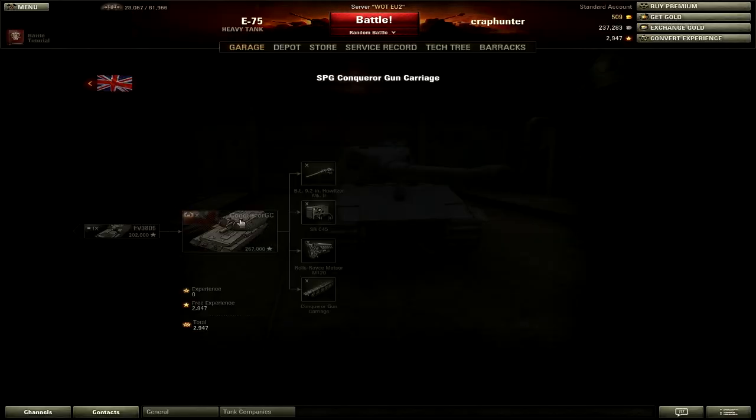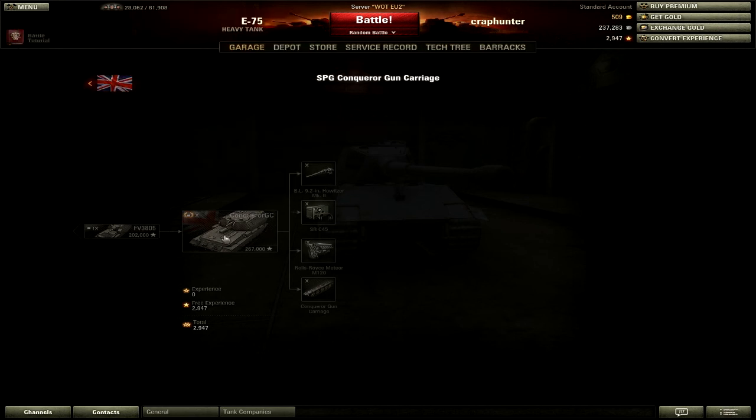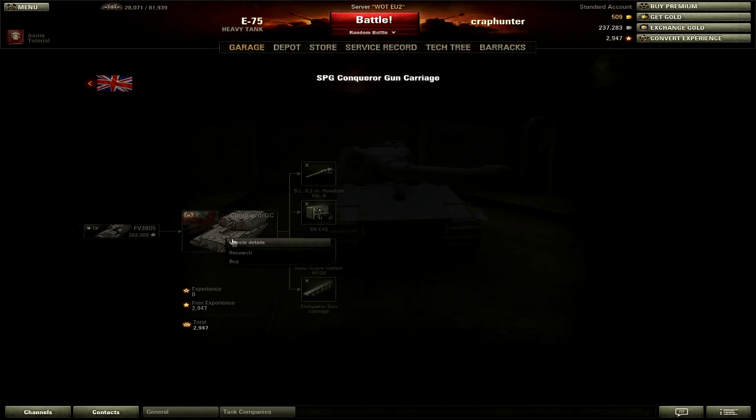Right, this is the last one. And what's your armor on this one? Hello. 152 at the front. Intriguing. I mean, it's not like a big fancy-pantsy one. But at tier 10, most guns, in fact all guns at tier 10 probably will go through that. And if you're very unfortunate and you're in a lower tier, like a tier 6 tank, you may struggle. But most of the time it's...